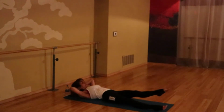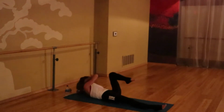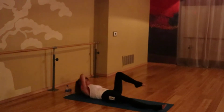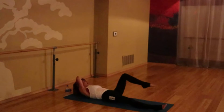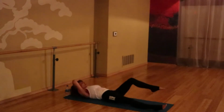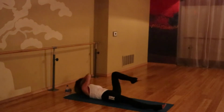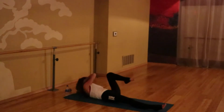4, 3. Let's keep that left leg long. You're going to rotate and rotate. Think armpit to thigh. Think chest outside knee. 8 more. 7. Try not to pull on your neck at all. 4 more. 4, 3,